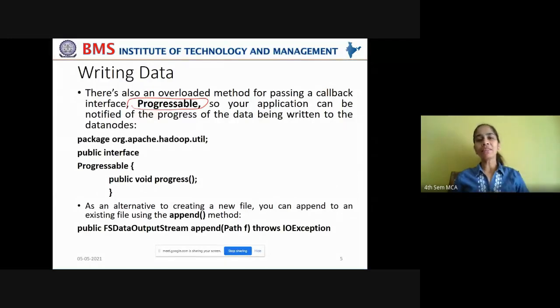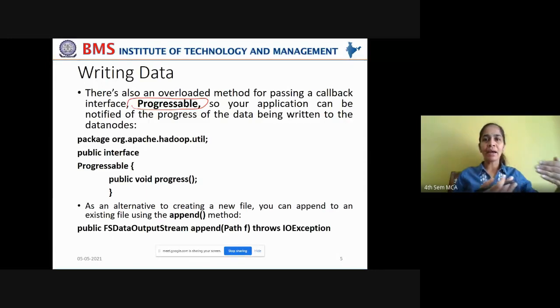So how do you write the data? When you're writing the data onto a file in an HDFS cluster, you read the data from live streaming of the data, from log files, from a local system, from a client system. Lots of input devices are available from which you read the data.